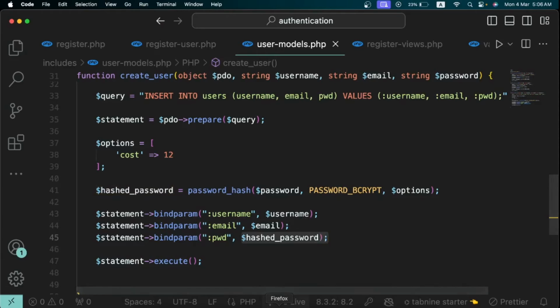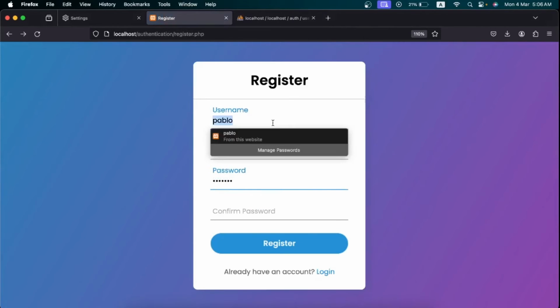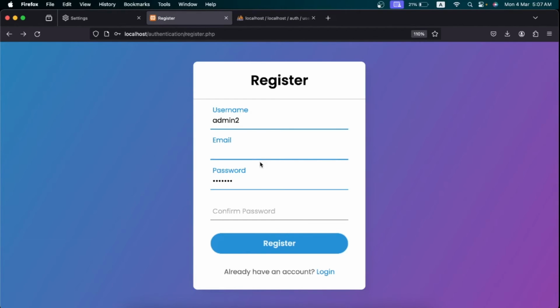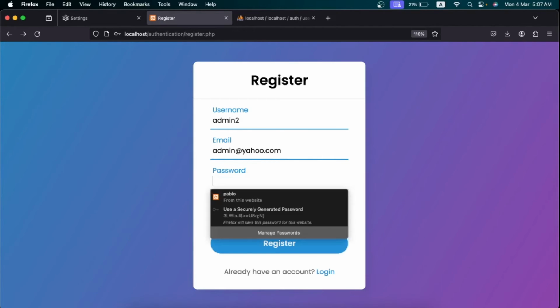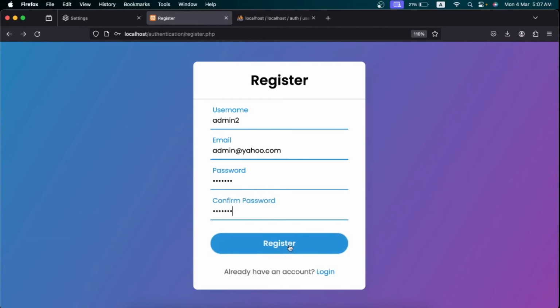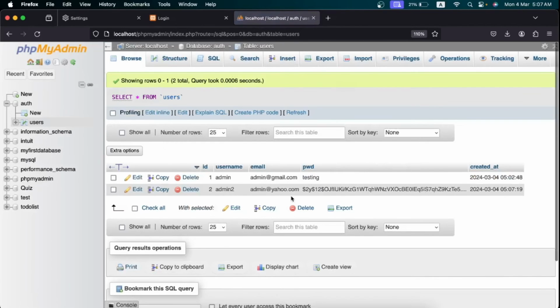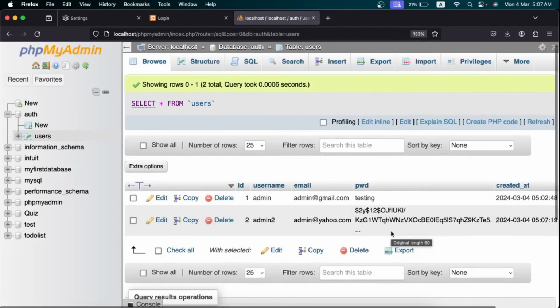So once I save that and I come back and try to create a new user, for example, let's say I create a new user and call the user admin2, and the email is admin@yahoo.com, and let's put a password of testing. Once I save this and I come back to my database and refresh, you'll notice that between these two users,